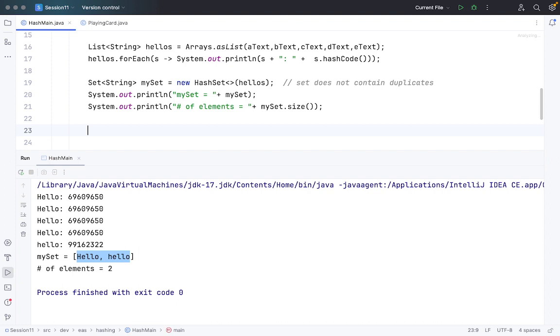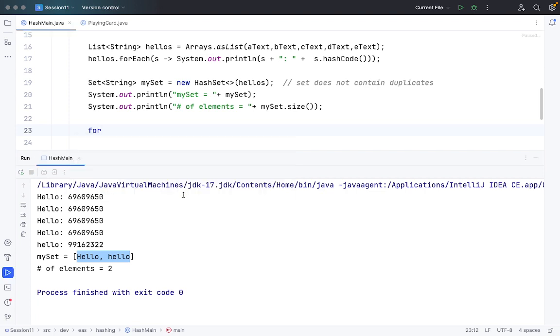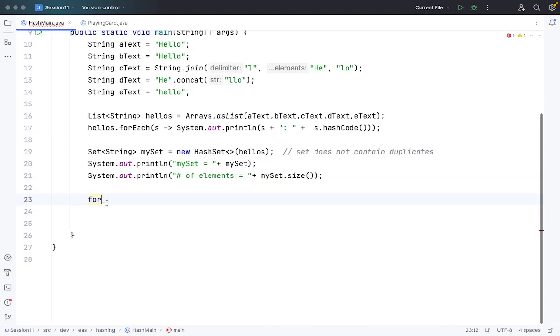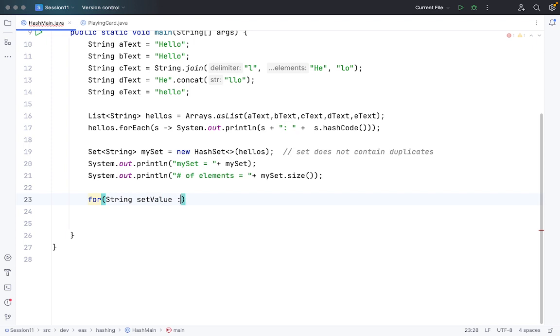Now let me traverse through them one by one and try to get some value out of it. So I will write a simple for loop. Just a minute, let me close this output. So for String setValue from mmySet, we are taking one element at a time. System.out.println(setValue) plus